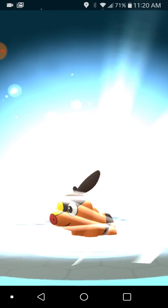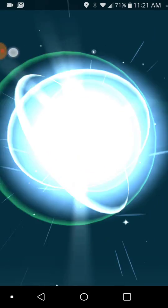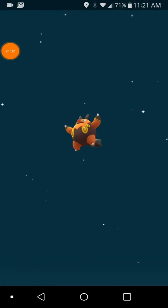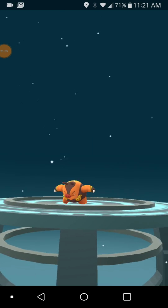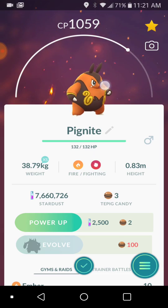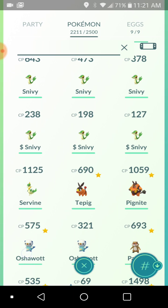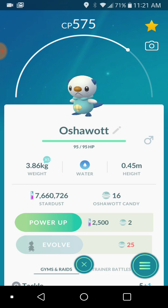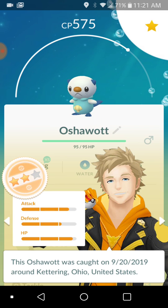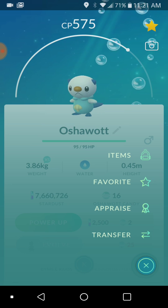So, I get to finally make, I think it's Pignite is the name, and then Emboar is the last one. Man, it is so cool looking. And there's Pignite. It's so awesome. And then Oshawott. This is the only good one that I've got. The other one is not that great. It's good enough, so I need to give it some rare candies, which I got a bunch when we went out to do